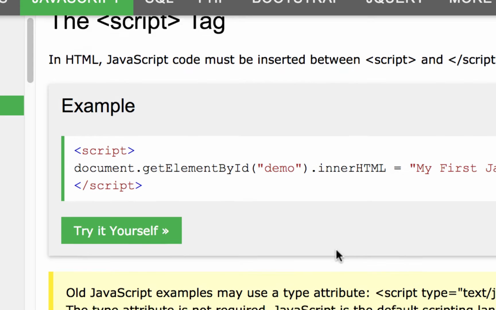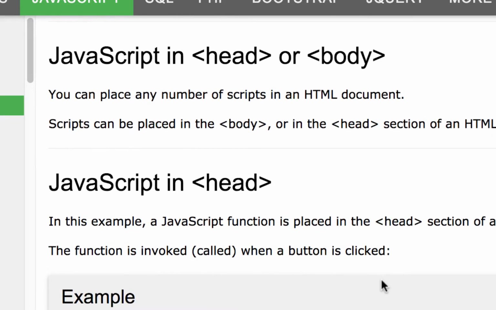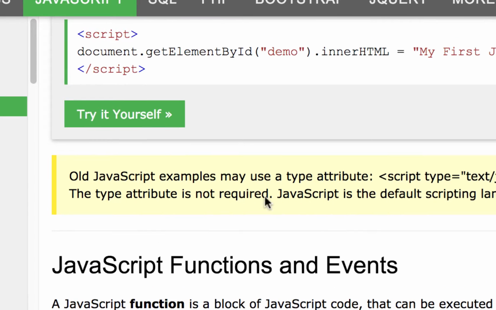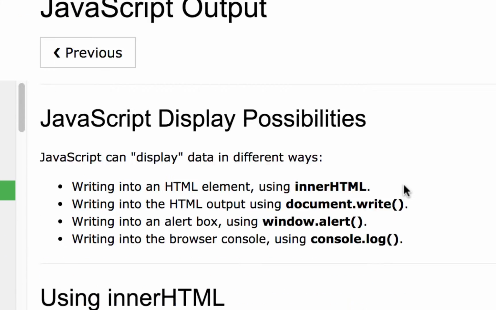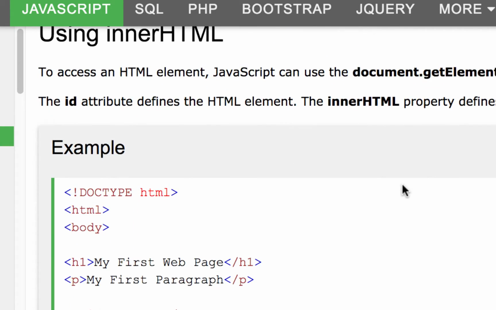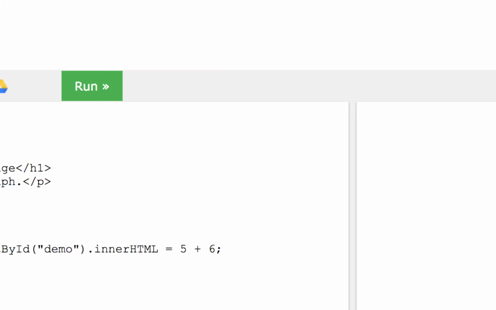especially if it's displaying HTML. Talks about functions, talks about events, a little bit here. You could go through this a little bit just to get a feel of what's going on. But what I really want to do, and I'll do an exercise with this, is output. They have an example of using this inner HTML and doing output. And they have it, here's the one where it actually just shows you,